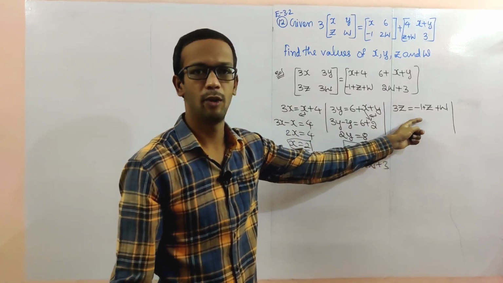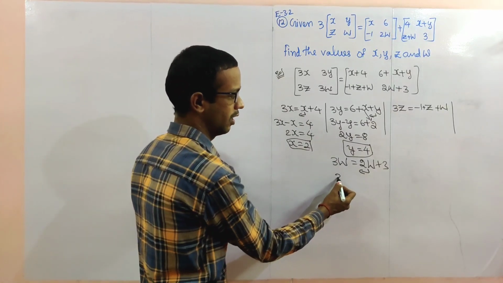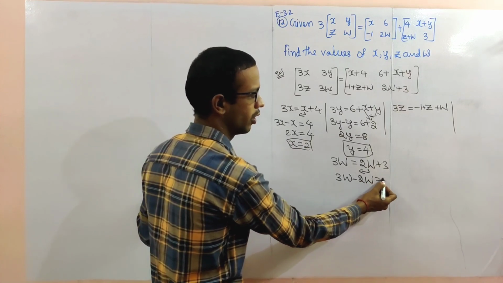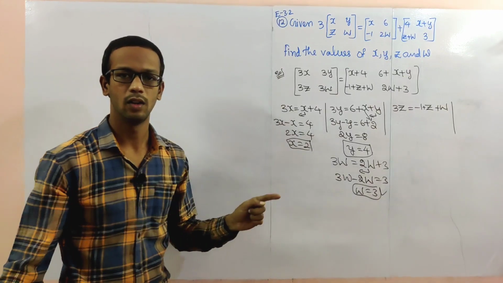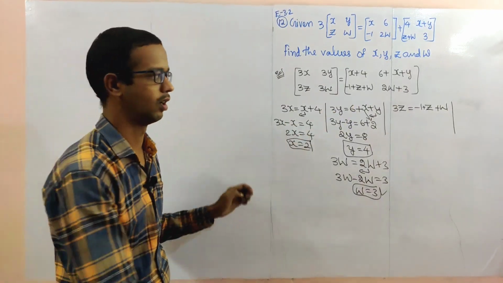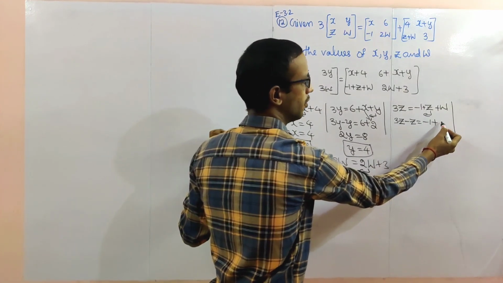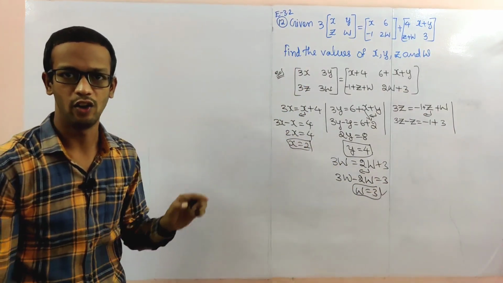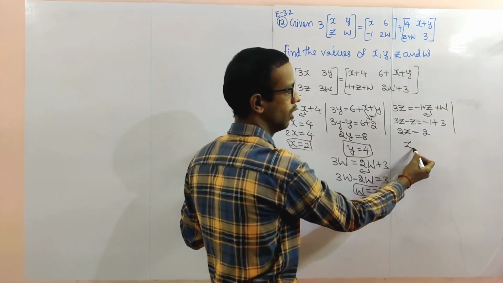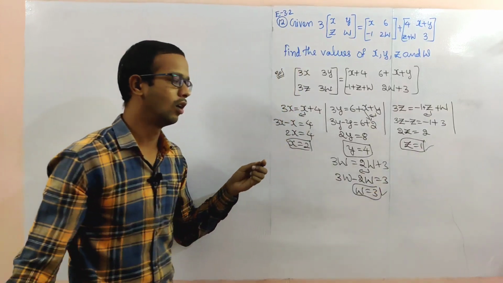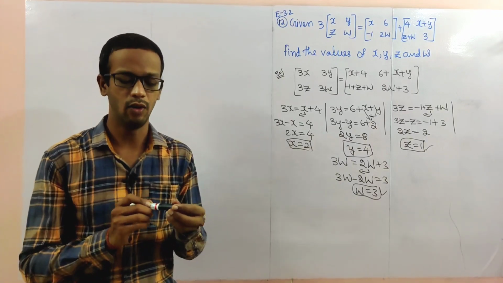You observe here, z and w are there. So first I'll find w. Send this side, what you'll get? 3w minus 2w equal to 3. W is equal to 3. So this value also substitute in that equation. Z value send left side, 3z minus z is minus 1 plus w, w is 3. So now make the simplification. 2z is equal to 2, z is equal to 1. So 2, 4, 1, 3 are the x, y, z and w values.